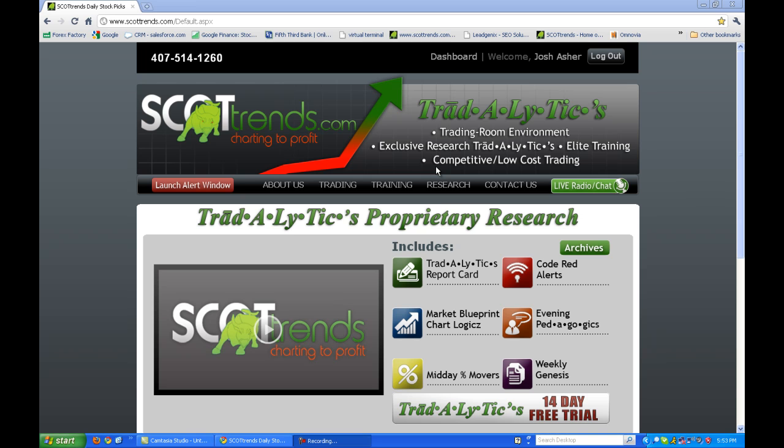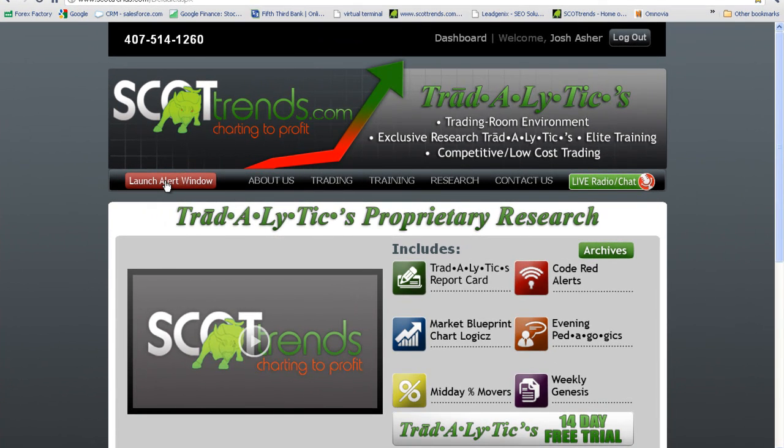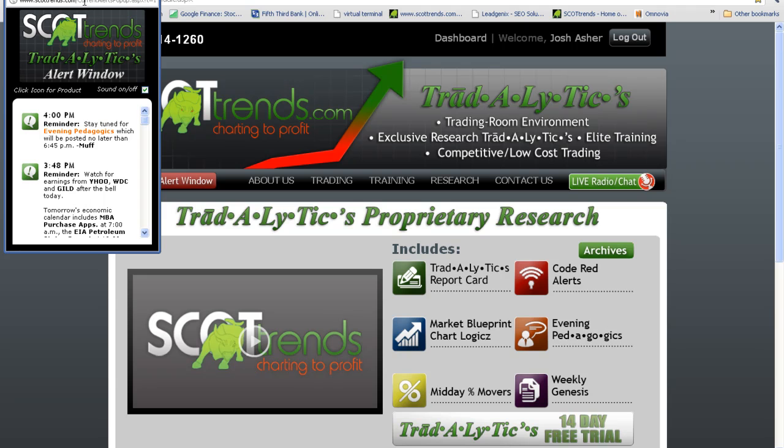First and foremost, let's get to it. Launch alert window. Very, very important for you to turn your pop-up blockers off on this website, that way you can get access to this alert window. If I click on launch the alert window, you're going to see an alert window that pops up. You're going to hear a ding. You can actually turn that sound on and off if you'd like to with this checkbox right here,